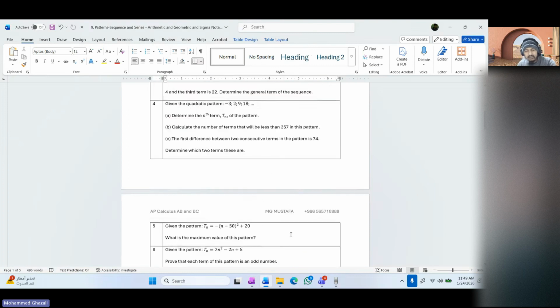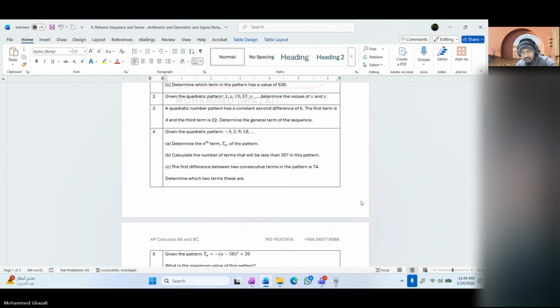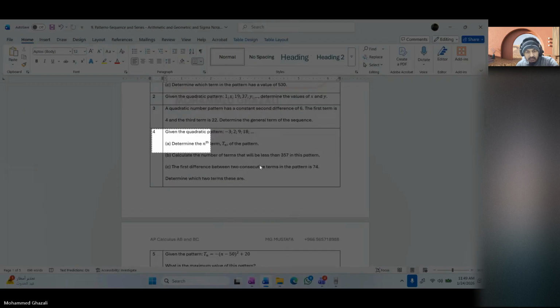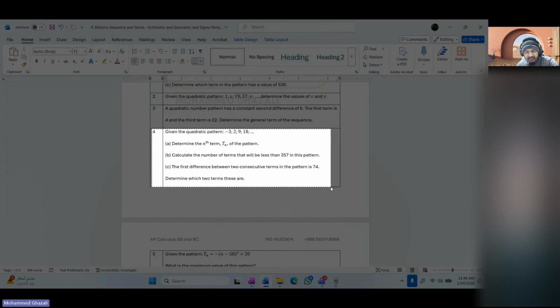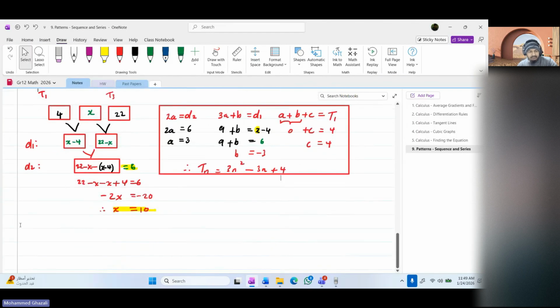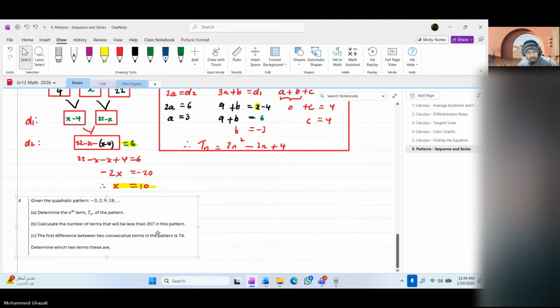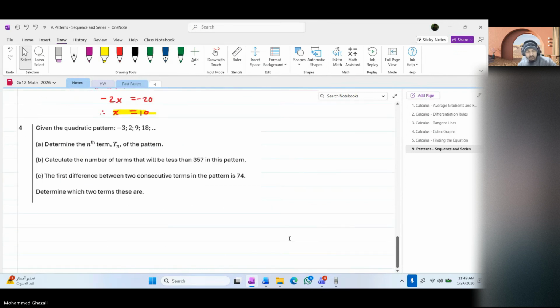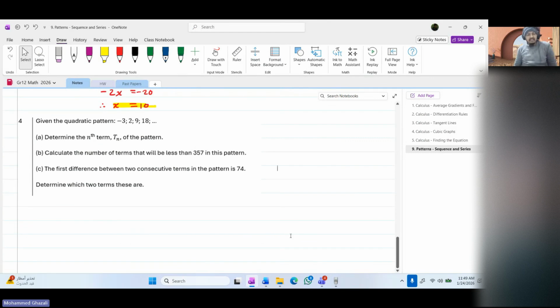Just quadratic patterns, okay? Now, because the pattern is quadratic, you can get many different types of questions that involve critical thinking. Let's look at the next question. Given the quadratic pattern, negative 3, 2, 9, 18, determine the nth term, Tn, of the pattern. Easy peasy,